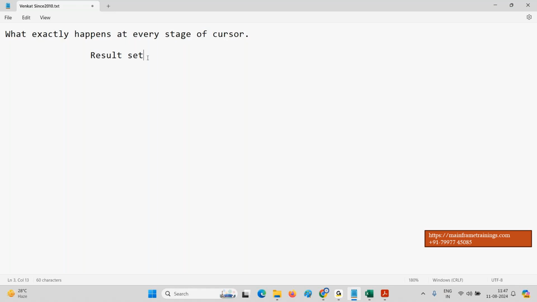What is your answer, guys? The cursor will be pointing to the first record of the result set. Exactly. Once you declare the cursor, wherever you refer to the cursor, it is going to hit only the result set. So the cursor is going to be placed before the first record of the result set. Then when you start fetching,